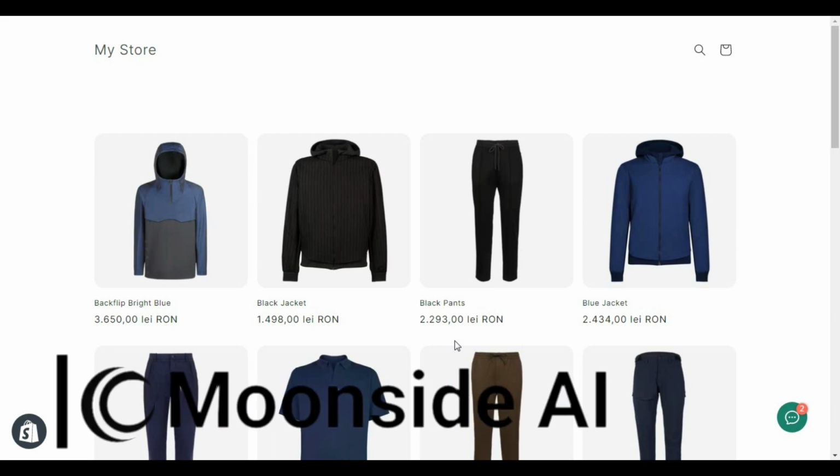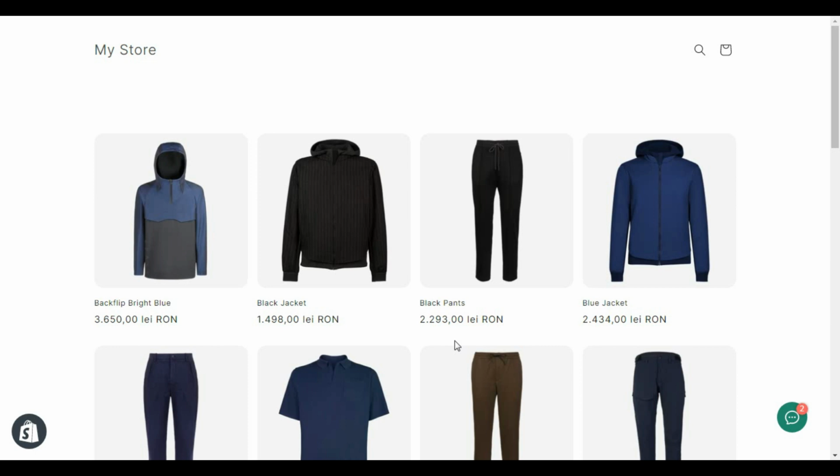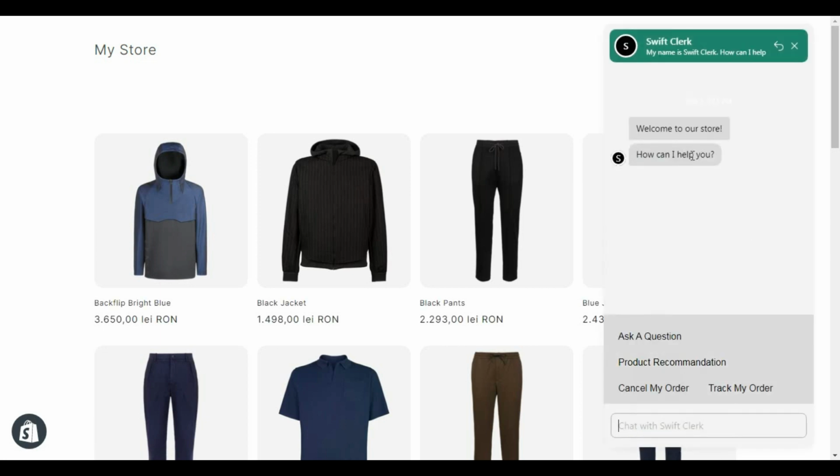In today's video, I will be presenting you my chatbot, which I named SwiftClerk, and it's an assistant designed for Shopify stores exclusively. And let me actually show you, because showing is better than saying. So, as you can see here in the corner, we have a small widget like most chatbots do. And if we click this, the chatbot has already welcomed us and it's given us a few options from which